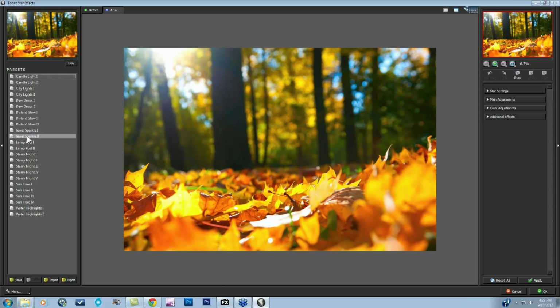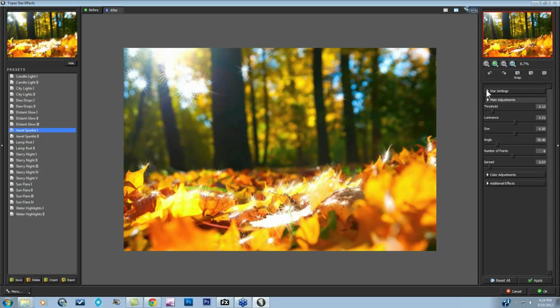These presets were created at a different size image, so maybe this Jewel Sparkle one is going to look really good on a certain type of image with jewels and a certain size image than it would on this particular image. Obviously, this is a little obvious, but it's very simple to come in and change the size. So what I suggest to people is they find the type of effect they want, and then they come into their main adjustments over here and change the size with the size slider and get the correct size that they want and the right luminance that they want,